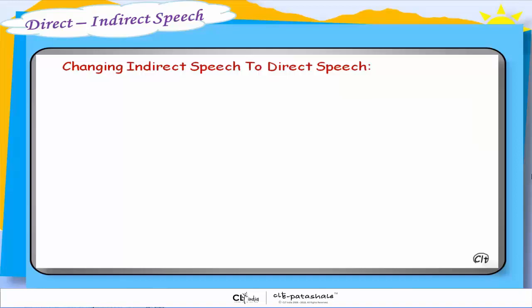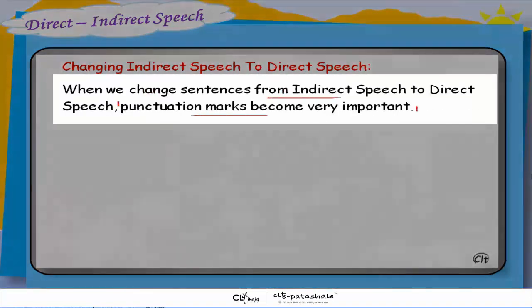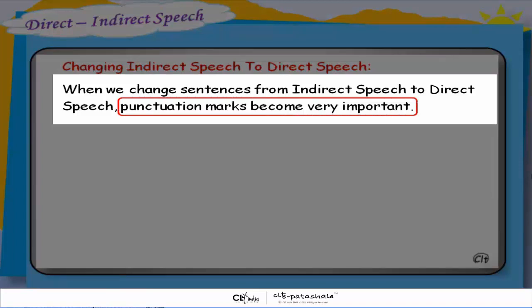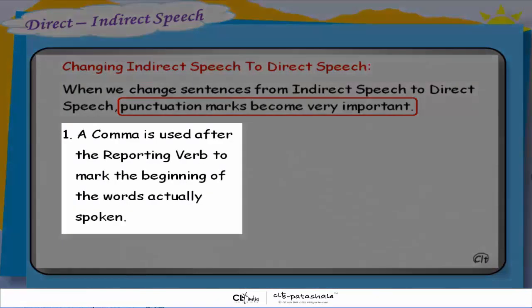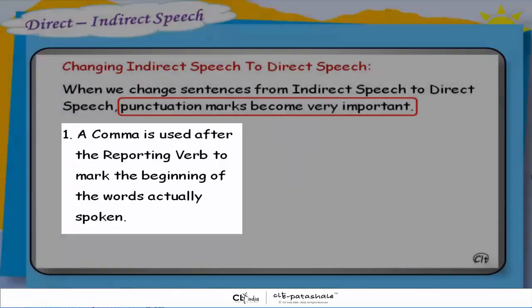Let's look at changing indirect speech to direct speech. When we change sentences from indirect speech to direct speech, punctuation marks become very important. A comma is used after the reporting verb to mark the beginning of the words actually spoken.